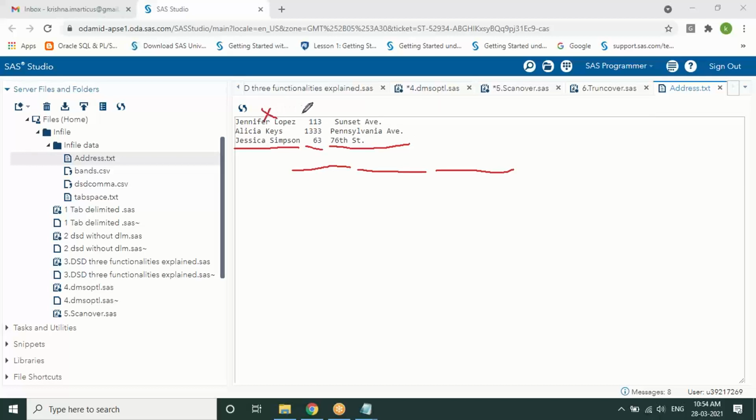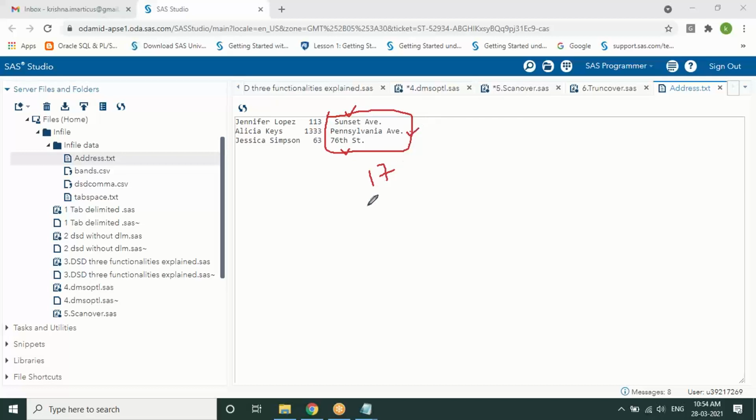So it doesn't have any problem with the first values. It has the problem only with the last column. The reason is, assume that I specified from 22nd till 39, which will have almost 17 characters to be stored for that particular variable. But as you can see in the data, Sunset Avenue is not 17, 76th Street is not 17, while Pennsylvania Avenue might be 17 characters, so it is able to read it.